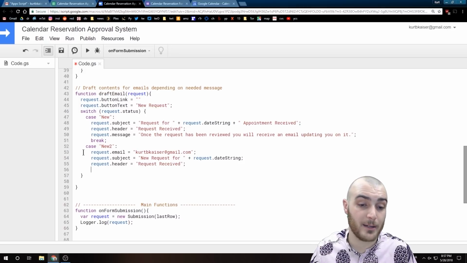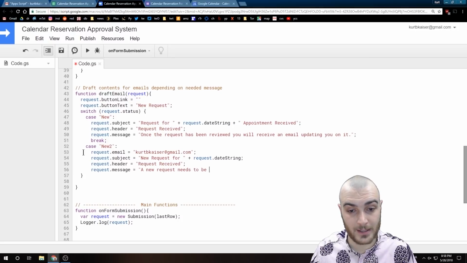Now, request.subject equals, same thing here, new request for, I'm putting the date string, and that way not everything will stack for me. Some will, again, if it's submitted with the same dates, if several are being submitted right away with the same dates. A new request needs to be